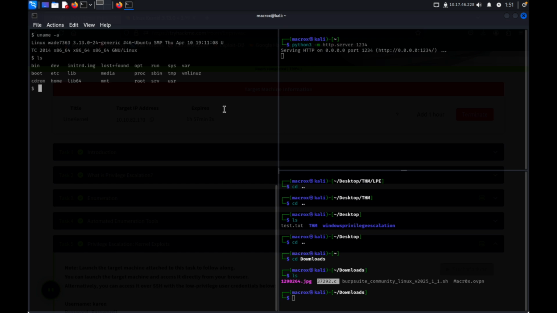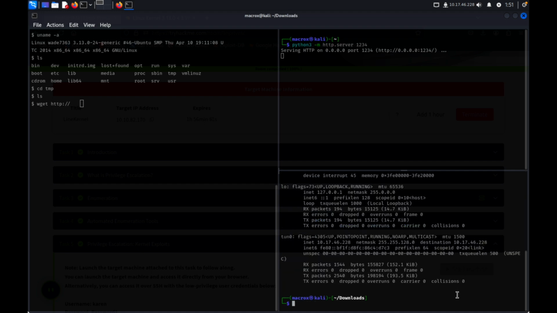Let's see where we are. So let's go to 10. Okay. Now let's use wget to get this file here. wget http://your IP address. Let's find the IP address. ifconfig. So this is my IP address here. Let's type here 10.17.46.228 and the port number 1234